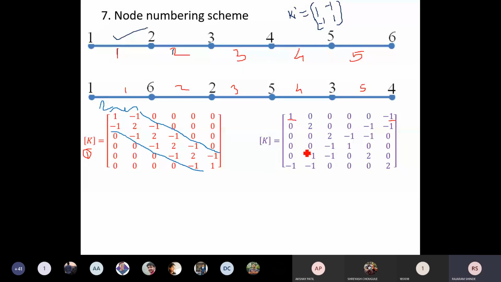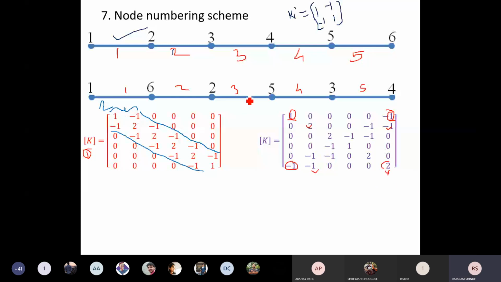Have you got it, Akshay Patil? Correct? Yes, sir. Now your second element, it is 6 and 2. Here I will show you. This is for element number 1, this also for element number 1, and this also for element number 1. Out of these two, one is for element number 2. Okay, and your element number 2 is connected to 2 and 6. Therefore, you will get a non-zero term here, next here, next here, and here. Am I right? Do you agree with this?